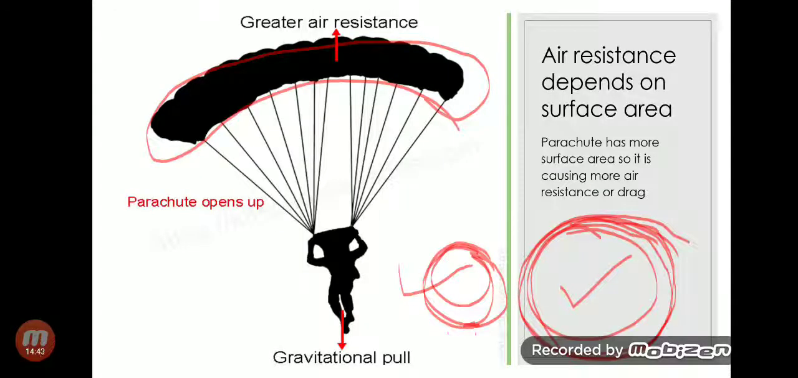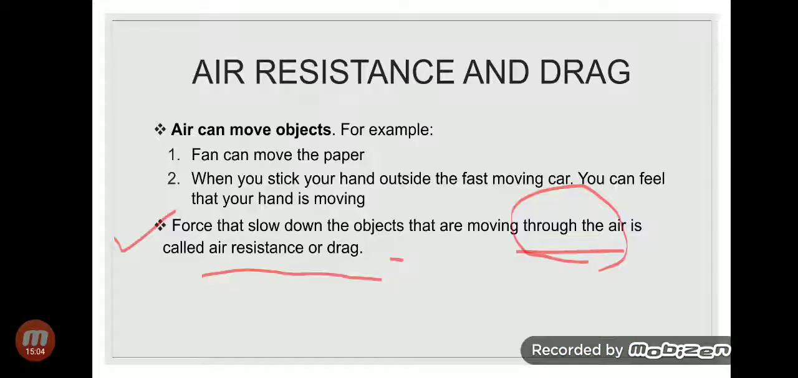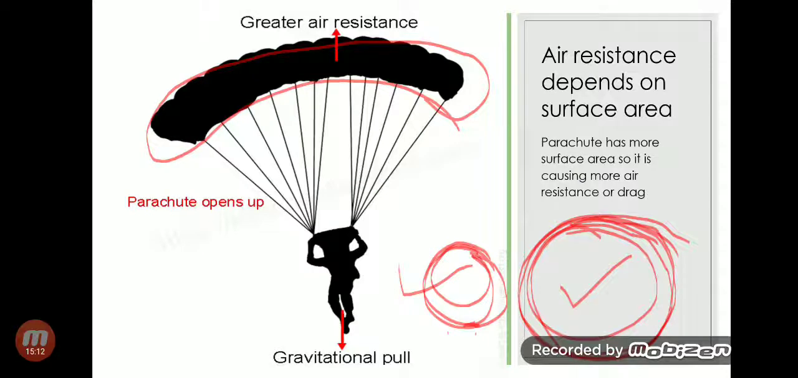Look at this picture. This parachute has a large surface area, and it will collect more air inside, and it will have a greater air resistance. So if anything has more air resistance, it means that it will try to slow down the object, because that's what friction is. Look, what is friction? A force that slows down the objects that are moving through the air. So greater air resistance means that it will slow down this parachute, and this person will come easily and slowly